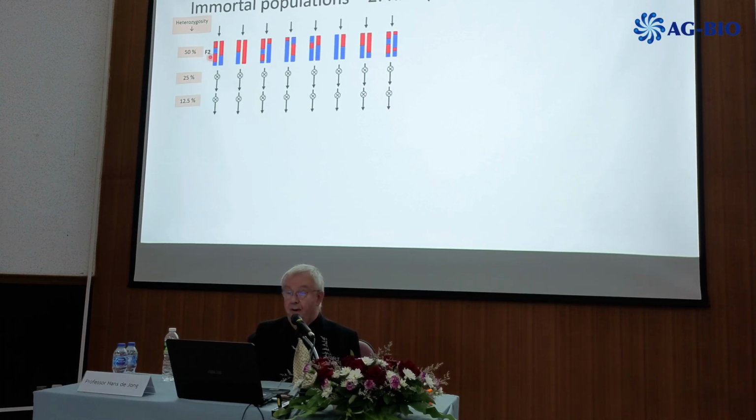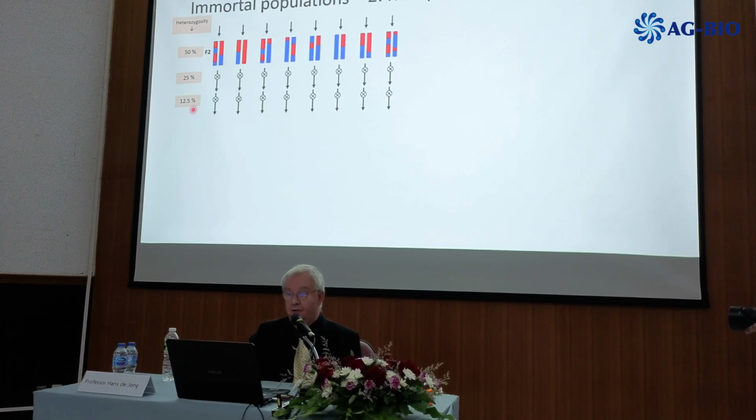Why? Because remember, in an F2 you have capital A capital A, capital A small a, small a small a, in the ratio 1:2:1. And in the next generation the capital A small a again gives a segregation, and every step it will decrease the percentage of